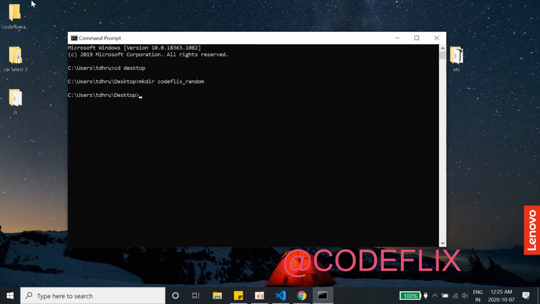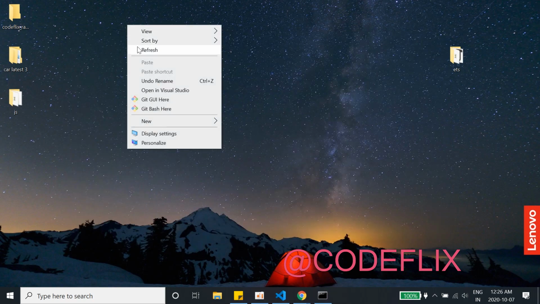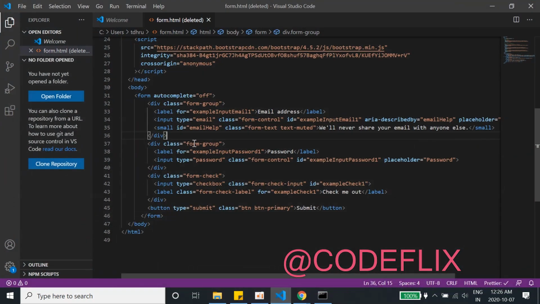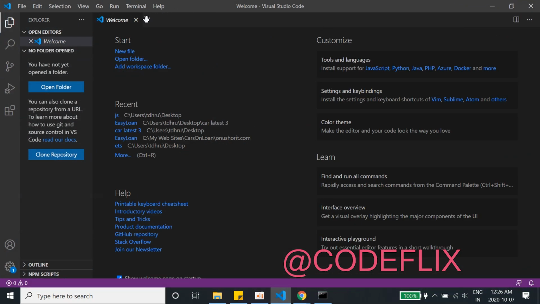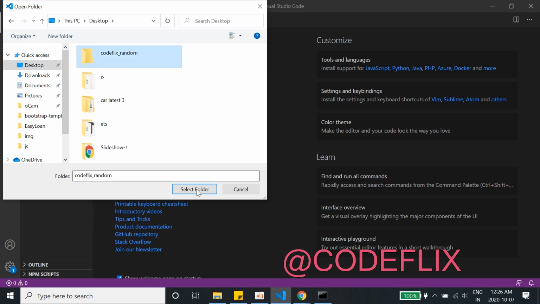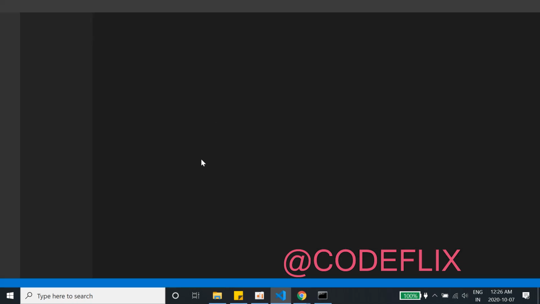As you can see here, the codeflix random directory has been created. Now I'll go inside this directory, and open my VS Code. I'll close all of it, open a new folder, go to my desktop, go to codeflix random and select the folder.